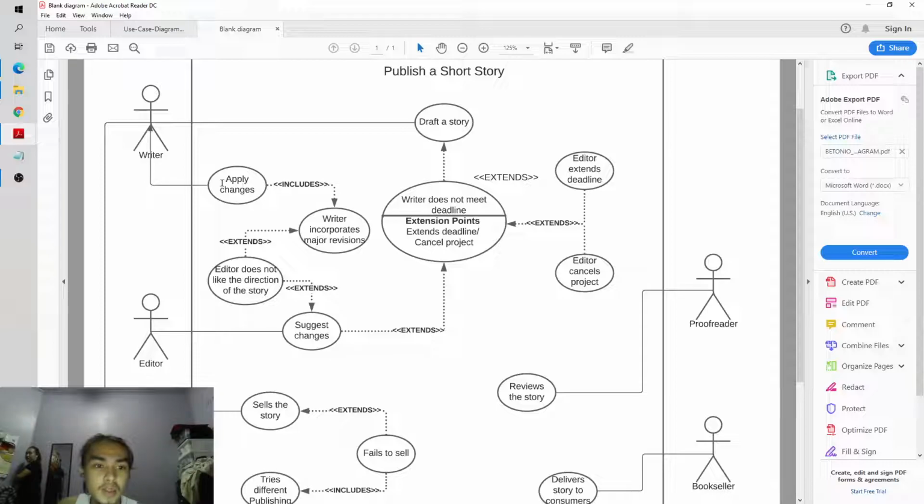Unlike this, apply changes. So for the writer it is labeled includes because as a writer, you always change something in your story, because it really depends on the mood or the emotion you are having right at the moment you make it. So here